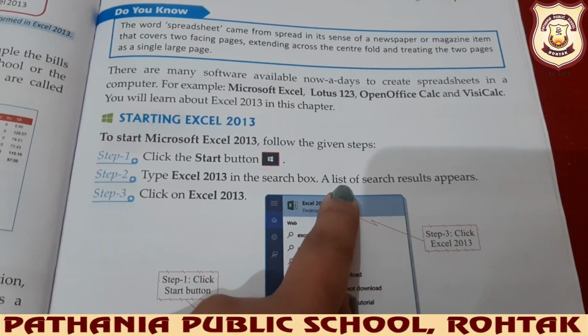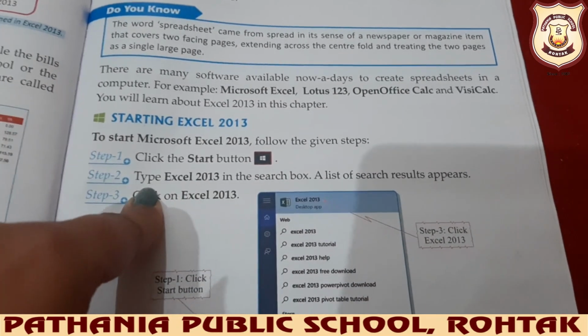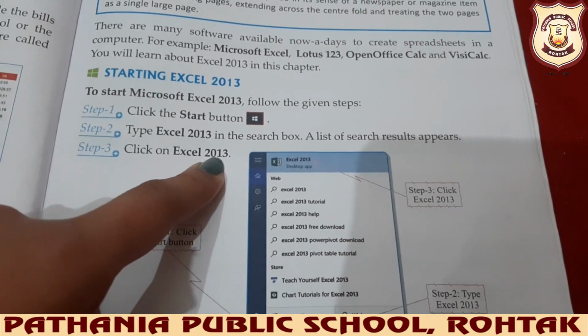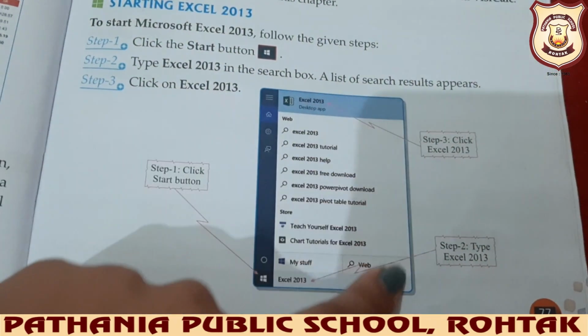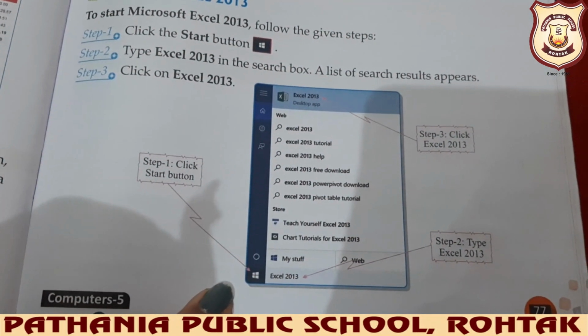You have to click on it and a list of search results will appear, and after that you have to click on Excel 2013, and this type of dialog box or screen will appear in front of you.